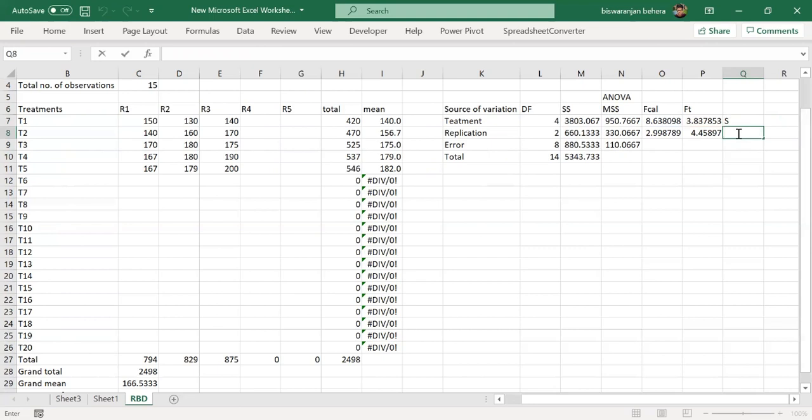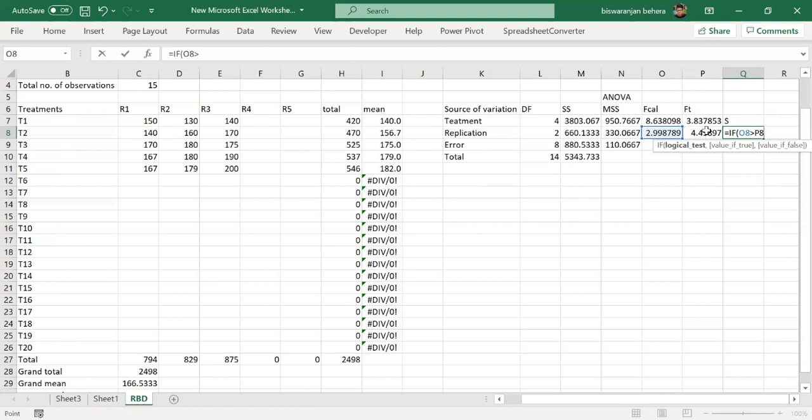In the same way we will also set this for replication: give the equal to sign and type IF and give the bracket. After that select the F calculated value.